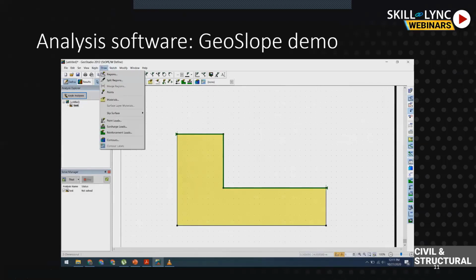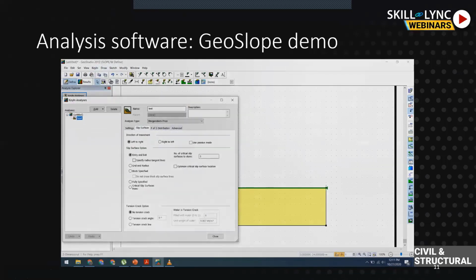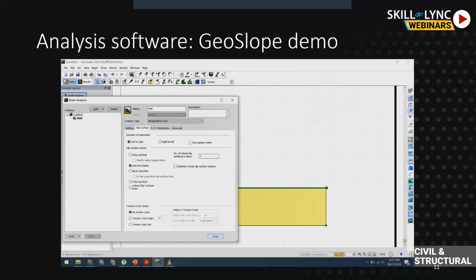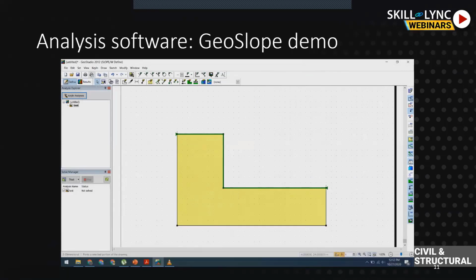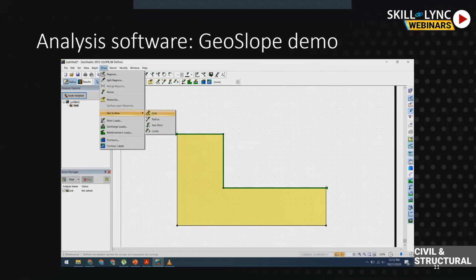There is this method to draw slip surfaces. I'm not going to go with the method which was given by default. I generally use this grid and radius method, which is given here, because this is simple, and this gives us more variability in the surfaces. So you will see what slip surfaces we are getting. Now we have changed the analysis type and slip surface types, so we'll go and draw some slip surfaces.